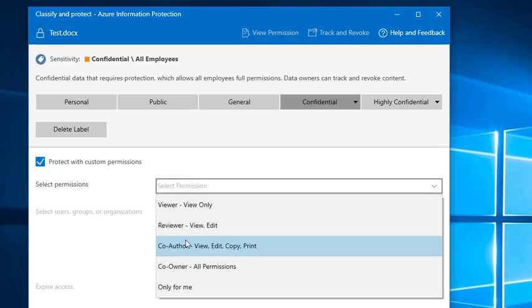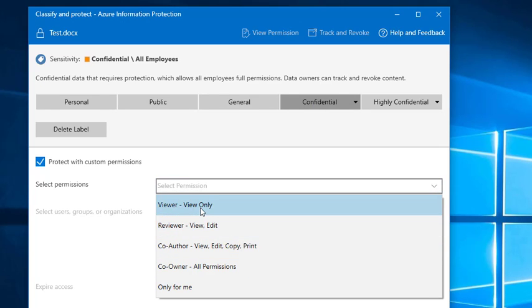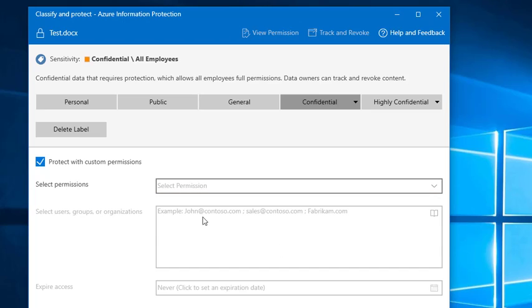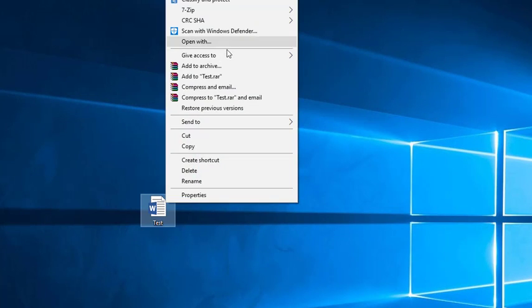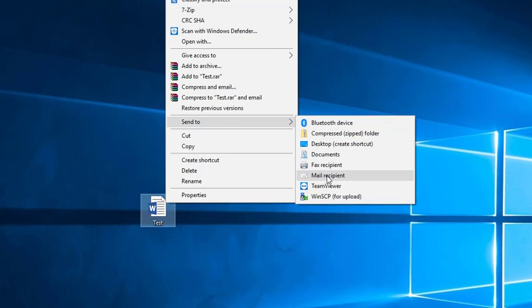You can set it to some cool things like all employees, protected with custom permissions. When you send this out, the viewer can only view it, and they can't do anything else. They can't author it. They can't do anything. Which is cool, and then you can set your groups and who has access to it, expirations, etc. Revoking, track and revoke things, and then once you set those policies up, and you go to send to mail recipient,